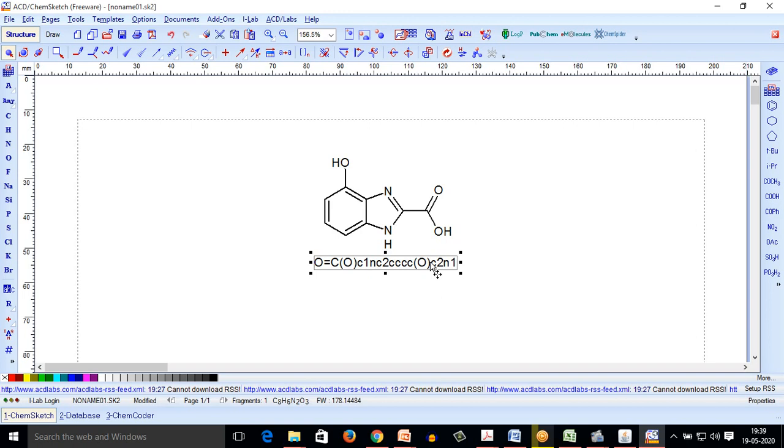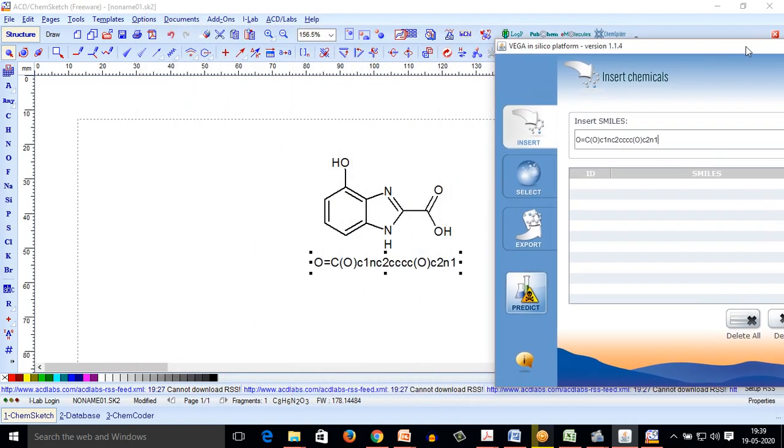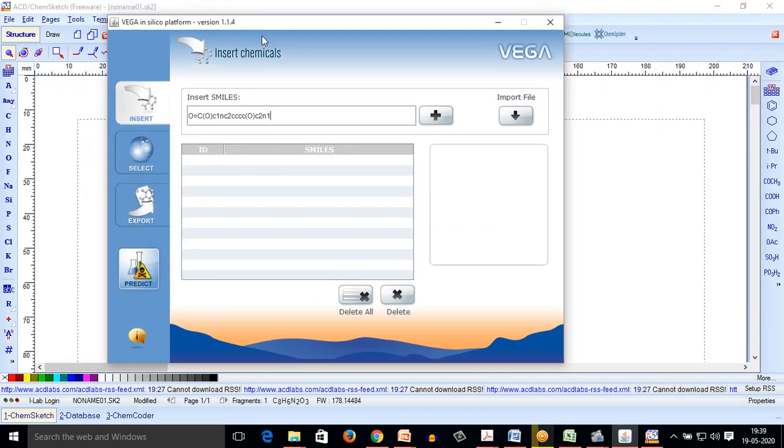I will just press Ctrl plus C, the normal function for copying, and I will open the VEGA platform again and paste using Ctrl plus V. So you can see that both the SMILES are similar. So what I did right now, I inserted a SMILES and now we are ready for processing.